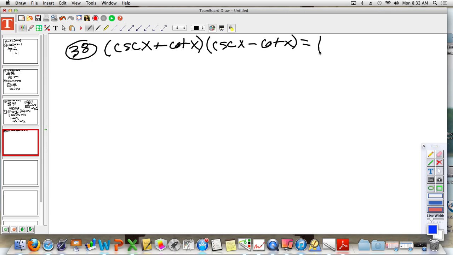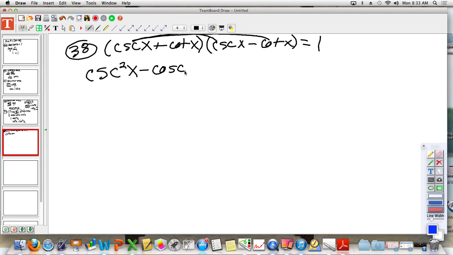What is cosecant times cosecant? We have cosecant squared of x. In other words, we went this times this. Now what do we do? Times it by the negative cotangent of x. Very good. So we have minus